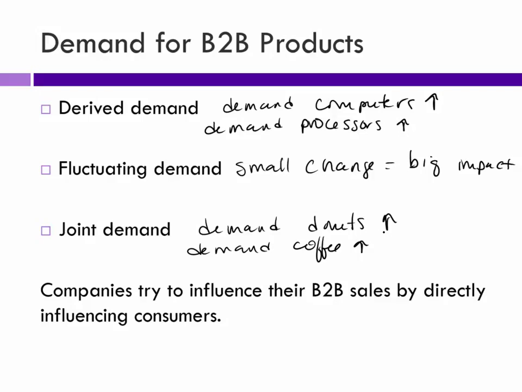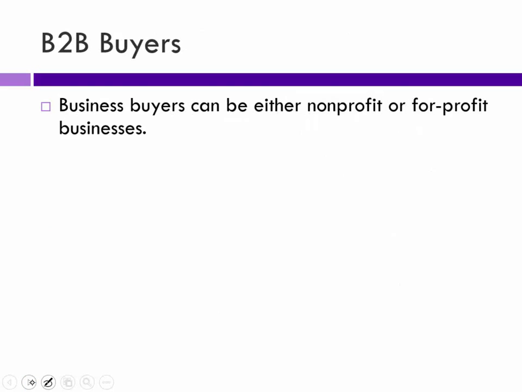And you will see companies try to influence their business-to-business sales by influencing customers. I think the best example of that is, look how many commercials you see for Intel or something, and consumers don't buy Intel. They advertise on TV just trying to push it through the process that way, so that when you get a computer, you want one with Intel, or you're asking for one with Intel. So they're advertising to the end user, even though the end user would never actually buy that. So that's pretty common within the business-to-business markets too, at least with some.